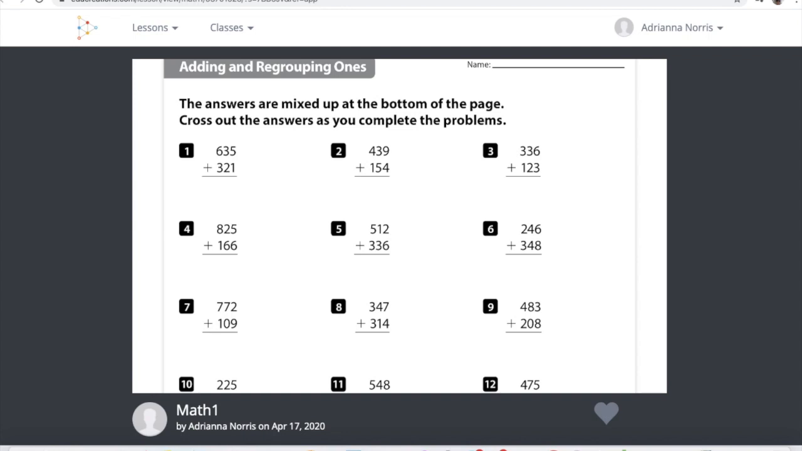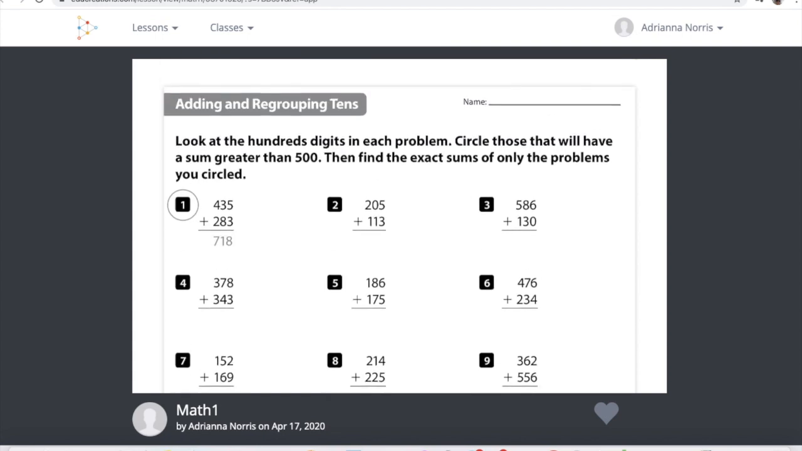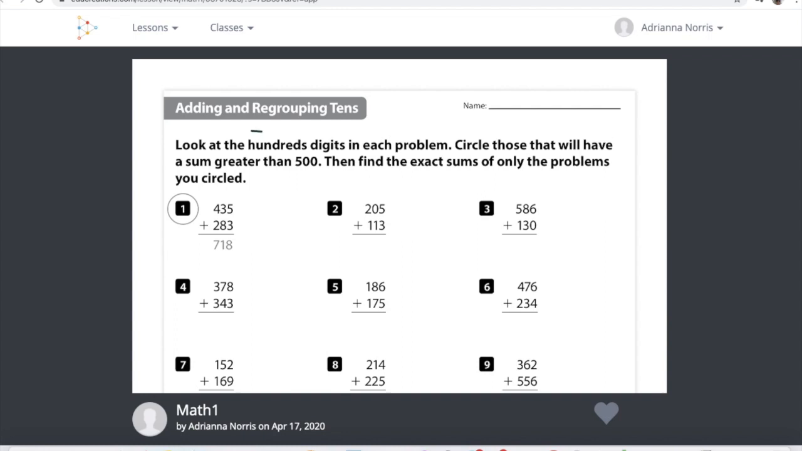All right. This sheet of paper in your packet, page 21, is regrouping with the ones, where page 22 is regrouping with the tens. All right. So, what I'm thinking